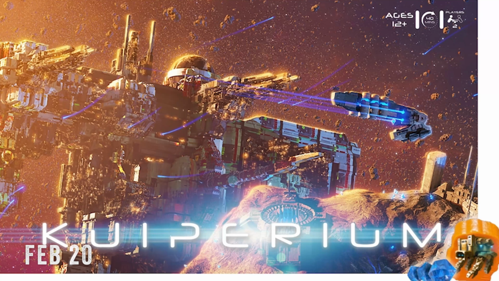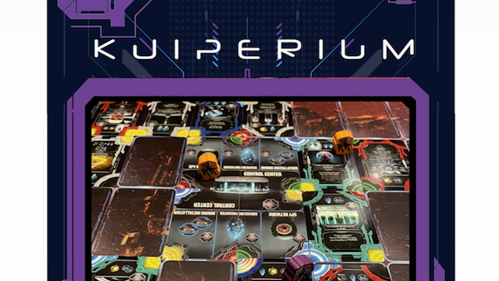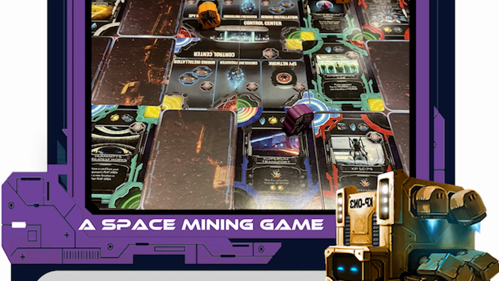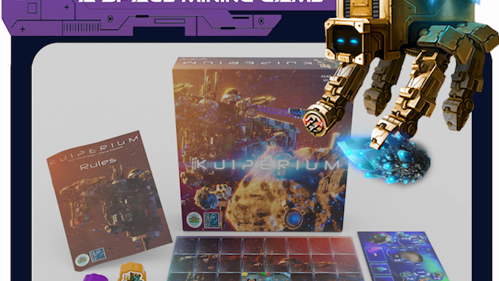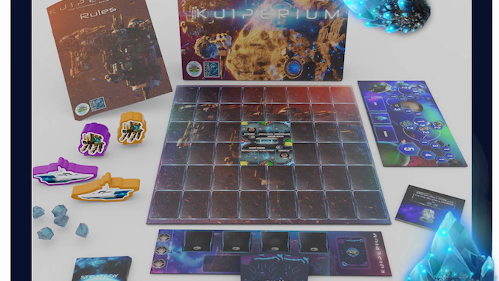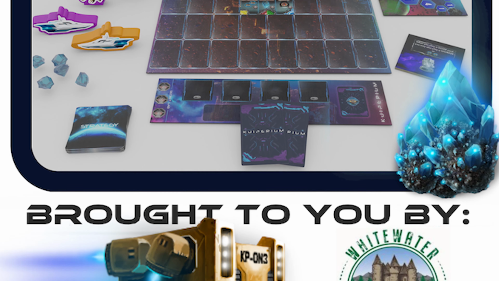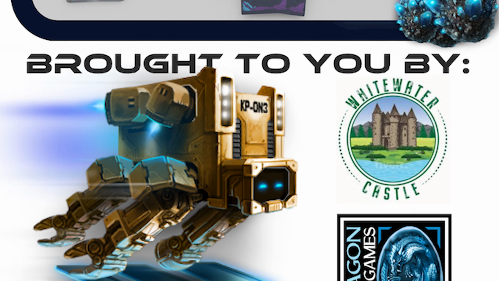These first few launch on February 20th. Cuperium is for 2 players from Whitewater Castle. It's for 30 to 90 minutes. It's a sci-fi themed game where you'll take the role of a corporation building a space station along the Kuiper asteroid belt with the goal of mining cuperium. This is a newly discovered element and it's incredibly valuable. Race against your opponent to gain control of the space station, mine the most cuperium, and ultimately launch toward new